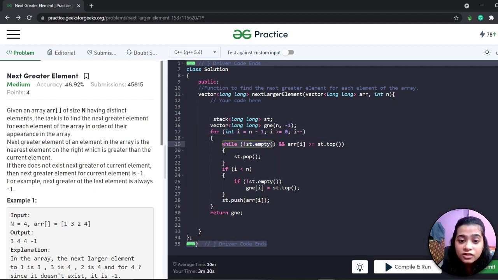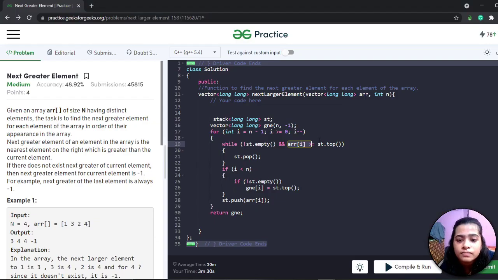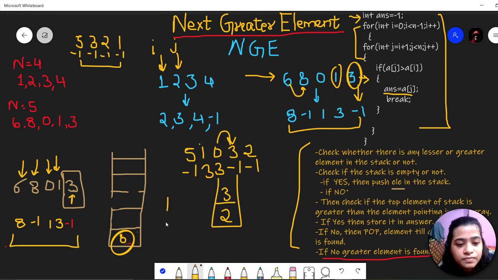Now while the stack is not empty and the element is greater than the stack's top, see, this is the stack, and suppose the element is 9.